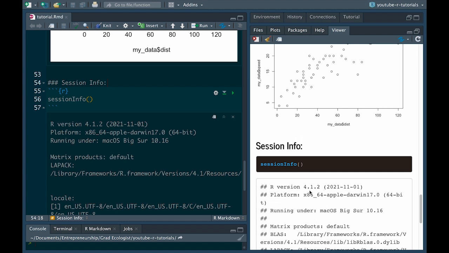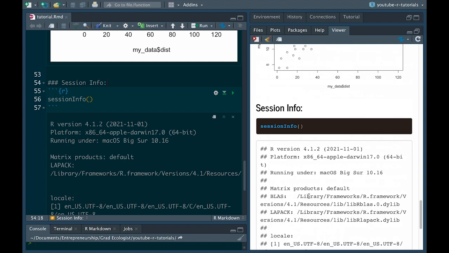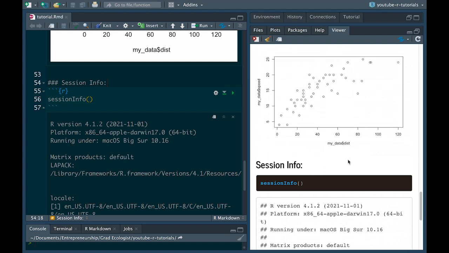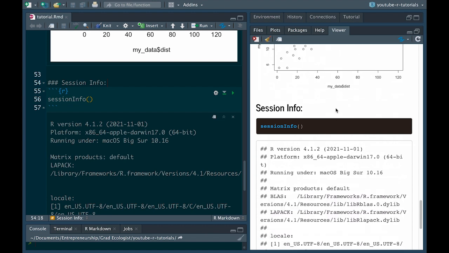So R upgrades in certain versions, certain packages upgrade their versions, and certain things might not work the same way in the future when you go back and you find this tutorial, you find this sheet that you made, and you try to enter the code as it is and you get an error. And that might be because the new version that you're using isn't completely compatible with everything that you created this sheet with in the past.